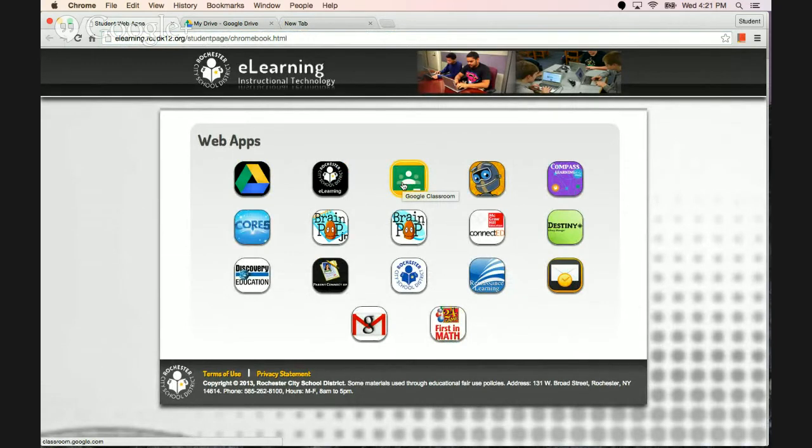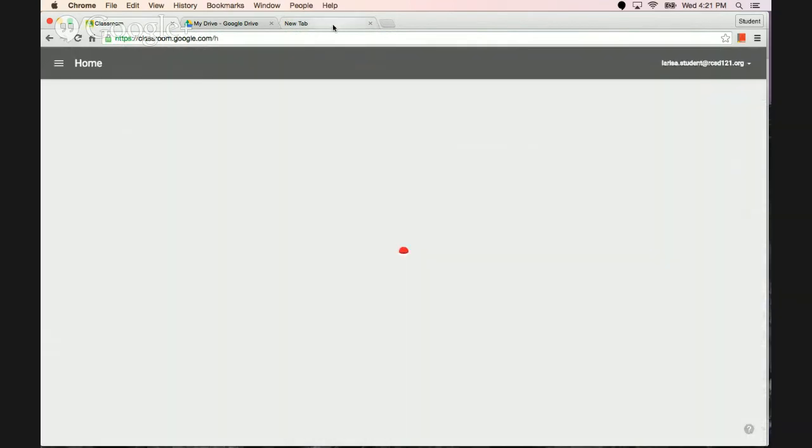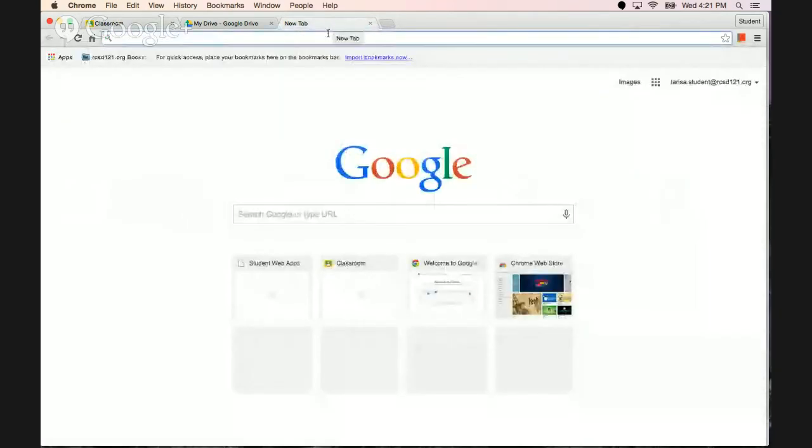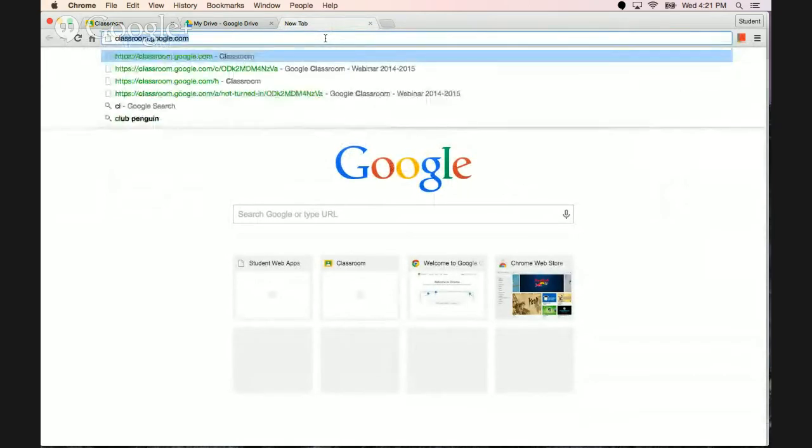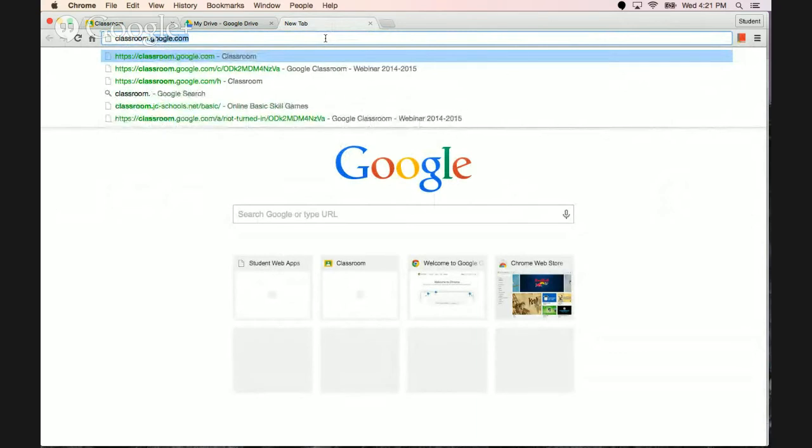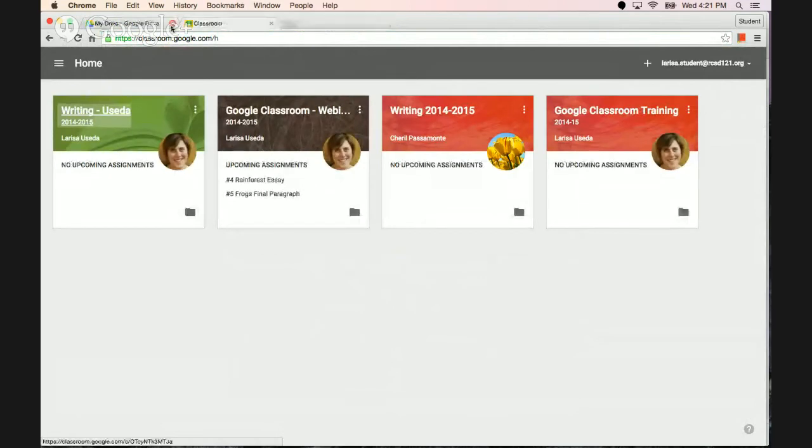They can click here if they're in the district. If they're not, they can go to classroom.google.com. So they would type it in, and they are in Google Classroom.